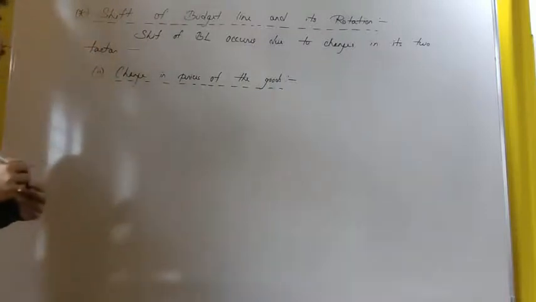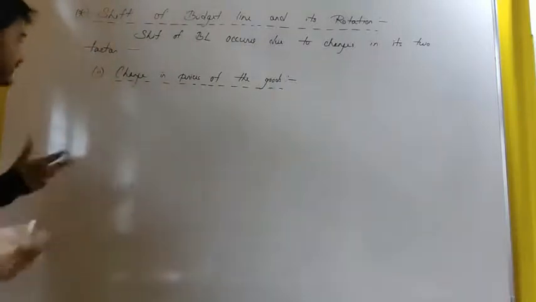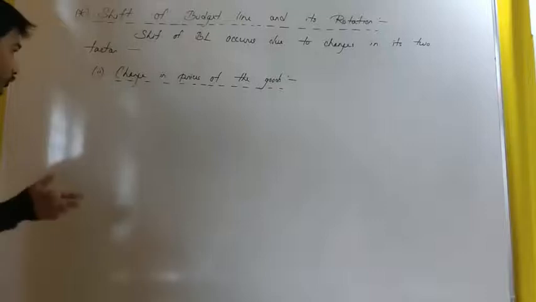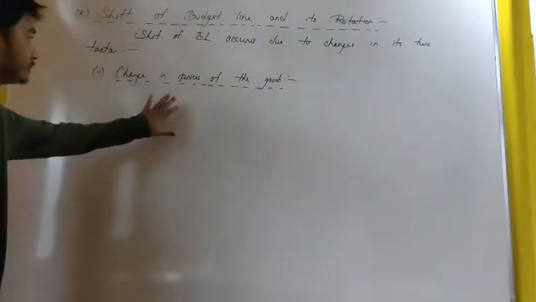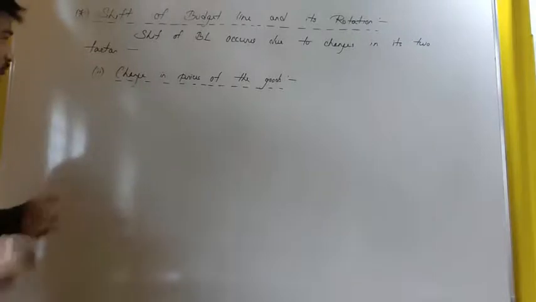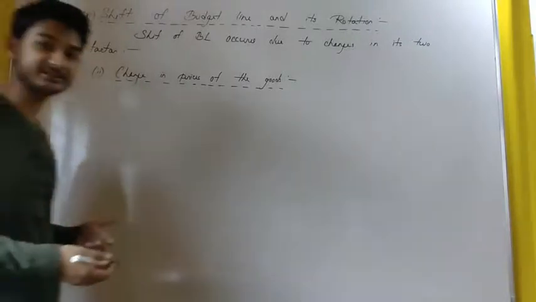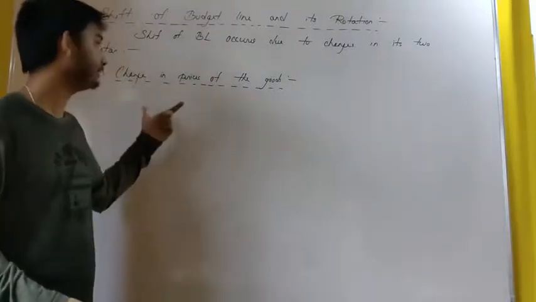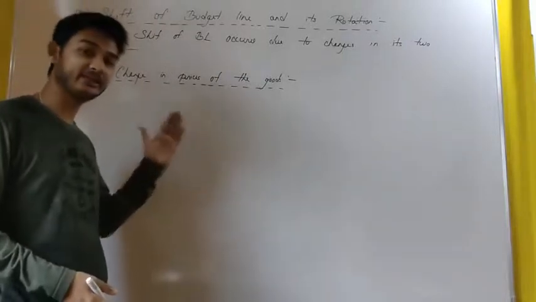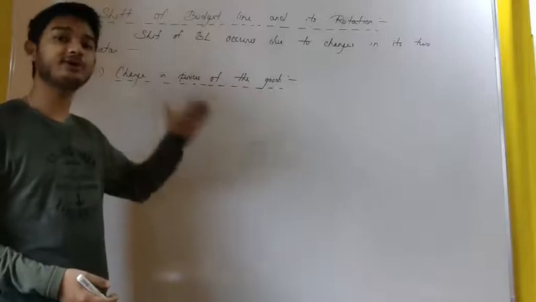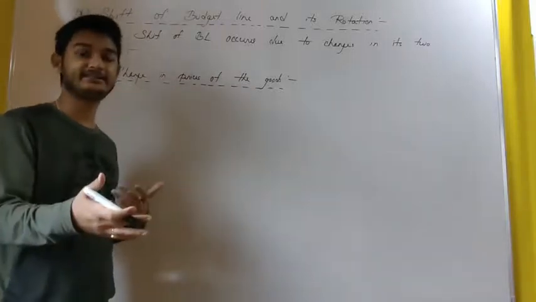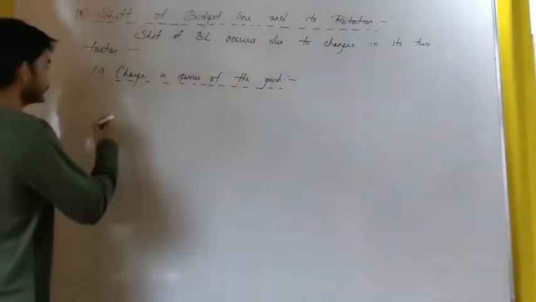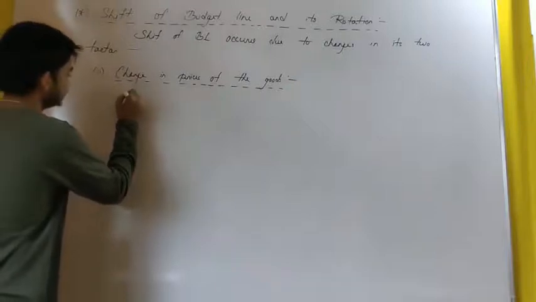The second factor for which the budget line shifts is due to changes in prices of the goods. These changes in prices of the goods are further categorized into two, because while drawing the budget line we take the example of two goods, good X and good Y. So this change will happen, on the one hand, due to changes in the price of good X, and on the other hand, due to changes in the price of good Y. So let us discuss first number A,